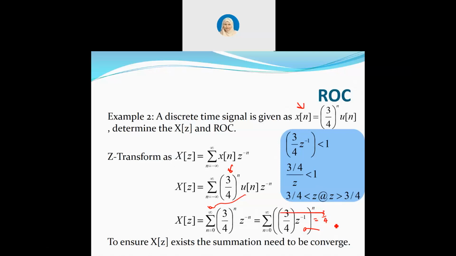So the open form solution is equal to 3 over 4 z negative 1 to the power 0, plus 3 over 4 z negative 1, plus 3 over 4 z negative 2, plus until infinite, until z negative infinite. So this is the open form solution. And using the geometrical series equation,